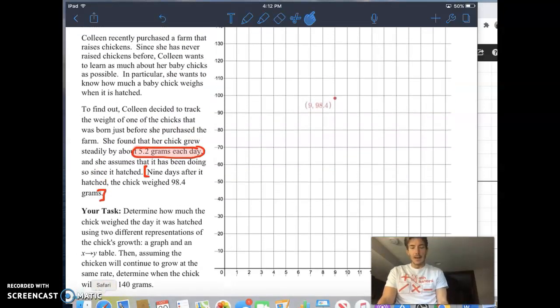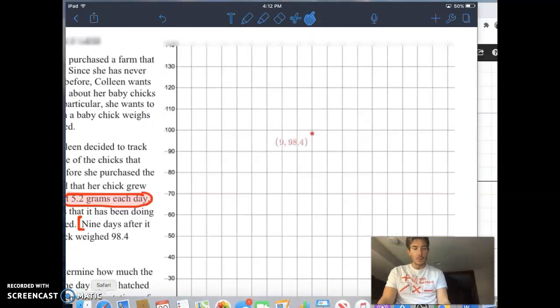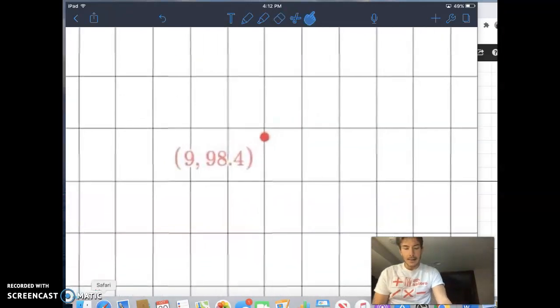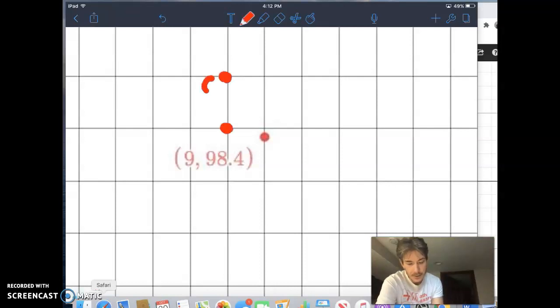I plotted this point. The chick was 9. Real quick, let me point this out. My scale on the y-axis is 10, like from 80 to 90 and 90 to 100. Those are 10s. My steps are 10s. So when I am talking about the growth rate of this chick, if I go from here to here in my slope triangle, that would be like a move of 10, and 5.2 is approximately going to be half that. So in this particular case, a chick on day 9